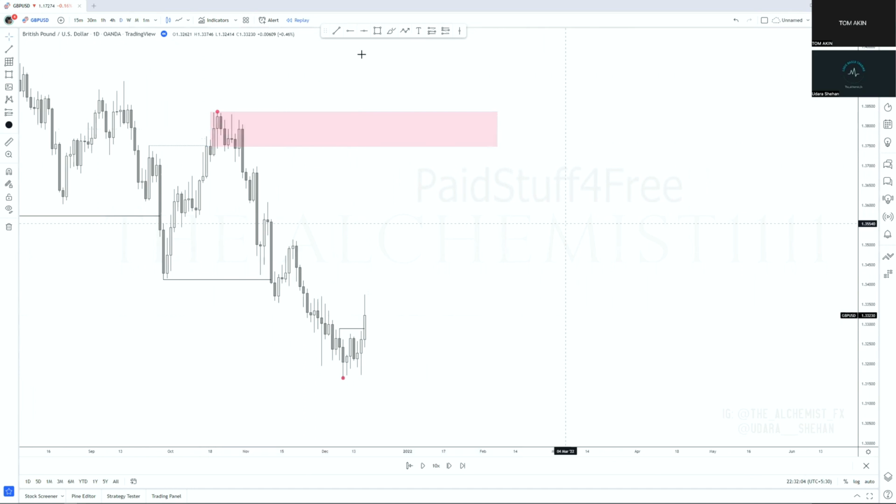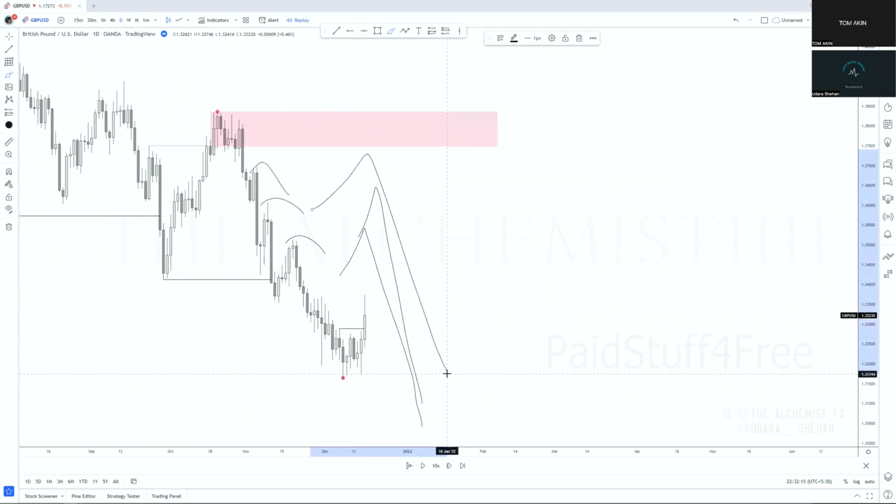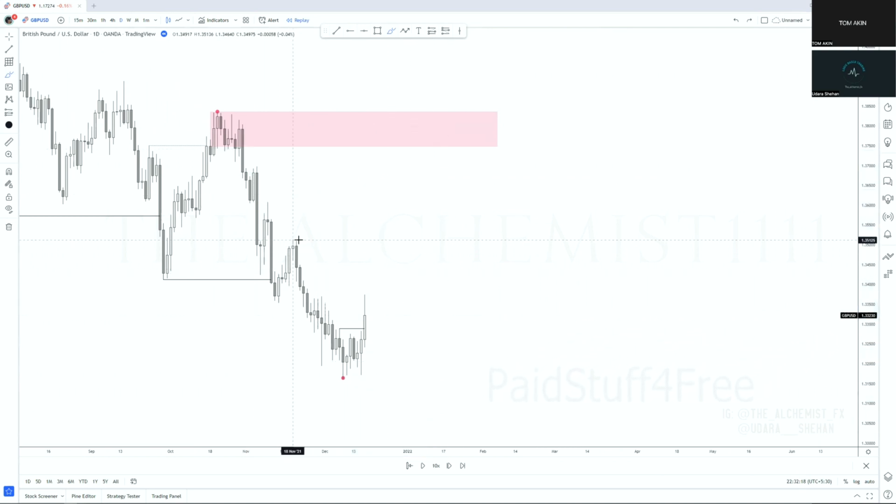Now remember, we do not know how far up they're gonna go, how much of the internal range liquidity they're gonna take out. We do not know if they're gonna take this one and then drop, or if they're gonna take this one and then drop. We do not know. So the best thing to do is mark out the internal range liquidity,